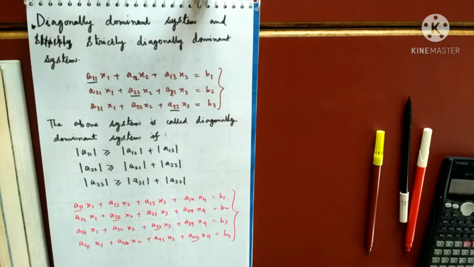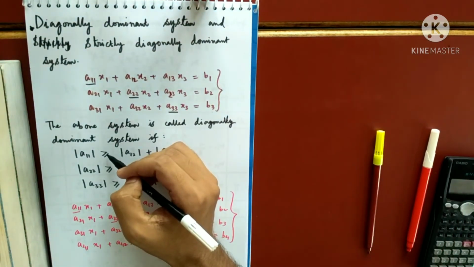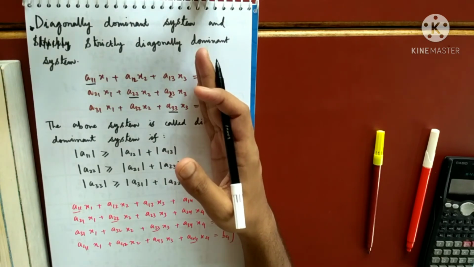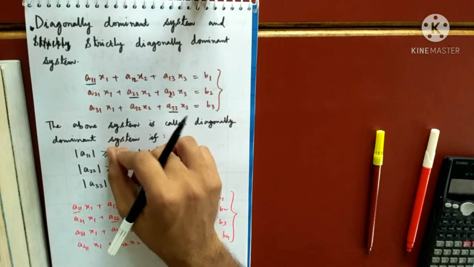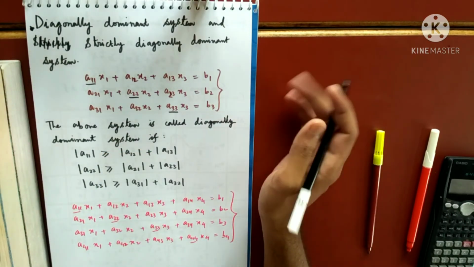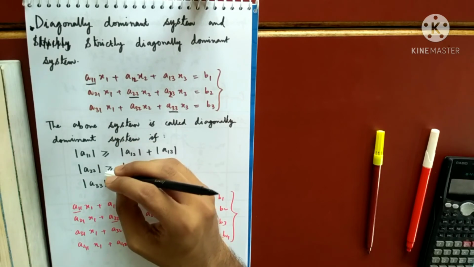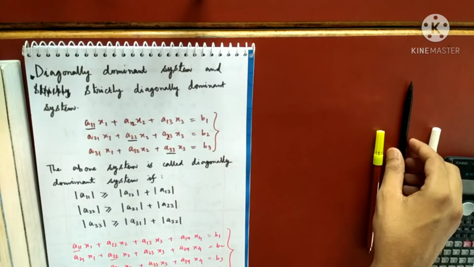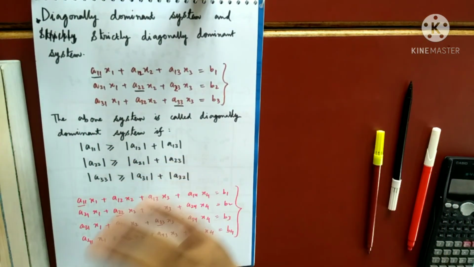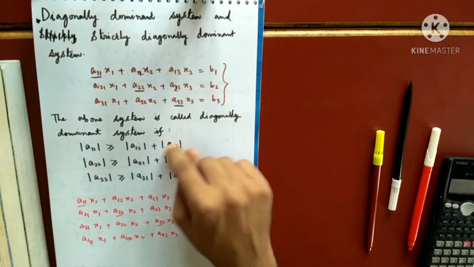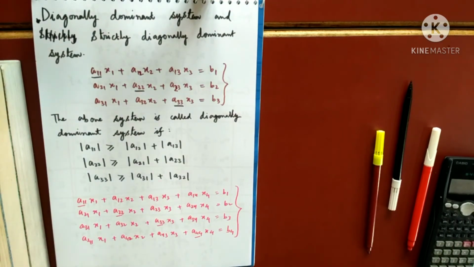Now, what I mean by a strictly diagonally dominant system is when there is no equality. That means I'll call this system strictly diagonally dominant when modulus of A11 is greater than, not equal to, modulus of A12 plus A13. So if I am not taking this equality, I will call the system strictly diagonally dominant. That means this is only greater, there is no chance of being equal. This is big as compared to this one. Understood the term diagonally dominant and strictly diagonally dominant system?